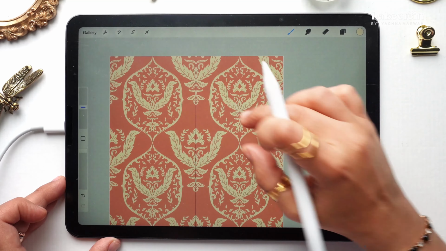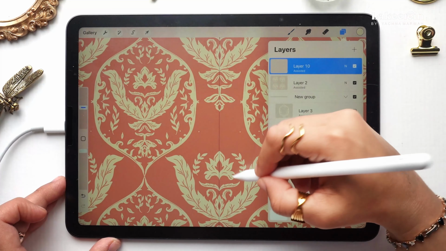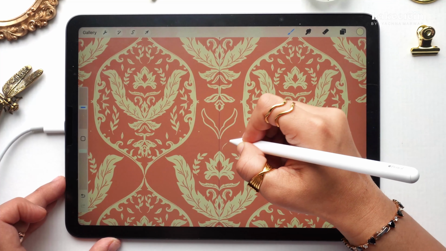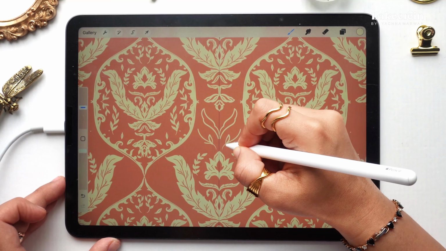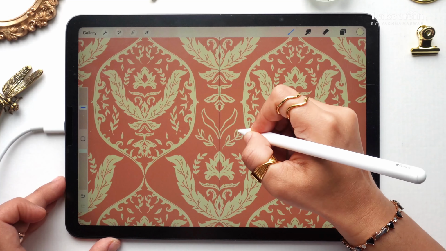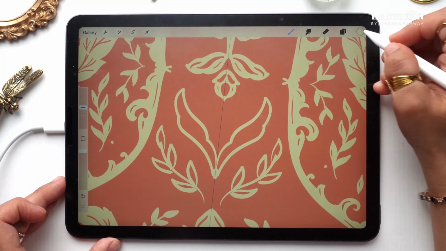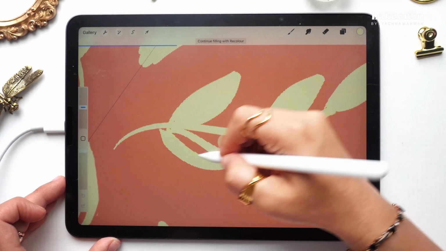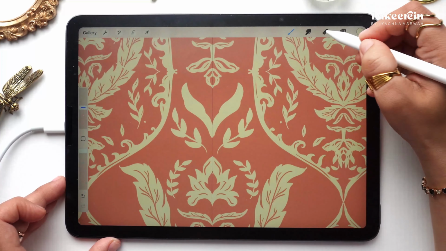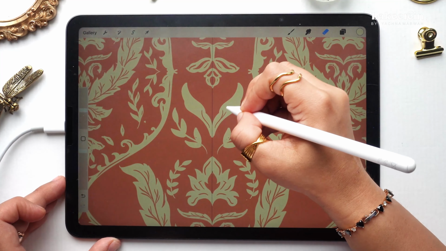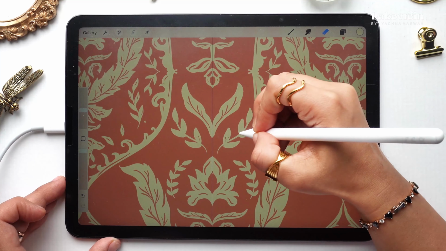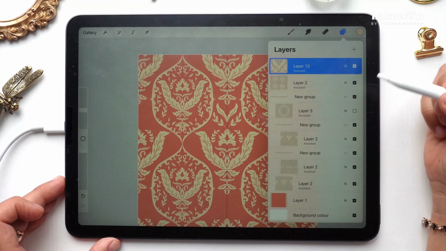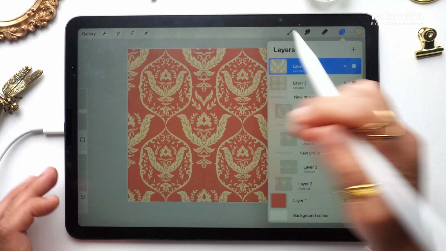and then with the cream color, so you can just hold it and take the cream color. Maybe you can simply draw more of the details or the leaves, anything which fills up the space, but it shouldn't look like too much also. So if you wish to do like this, maybe you can simply try to do something like this, and then maybe you can simply go to the eraser and erase this part like how we did it for the rest. So you can do it like this and you can repeat it, but it's completely optional. If you wish to do it like this, that is also fine.